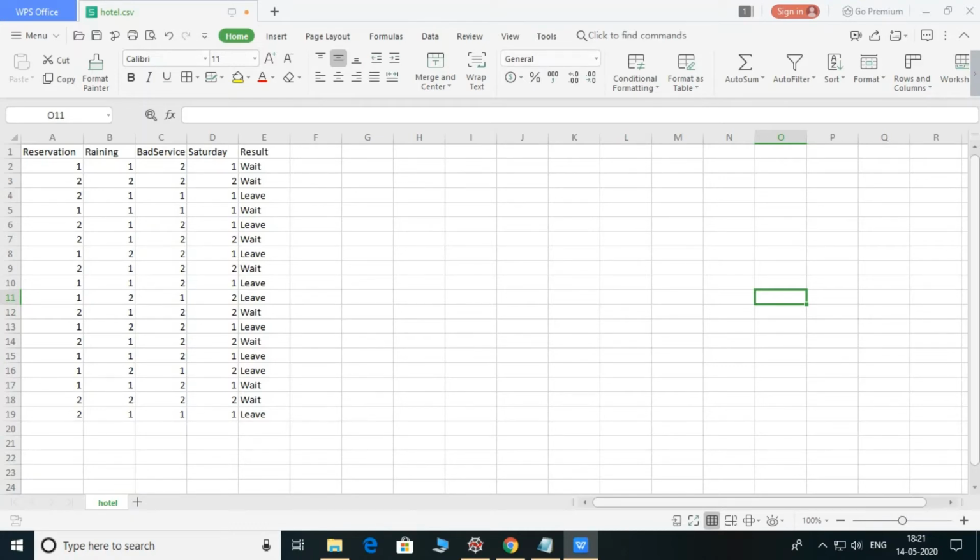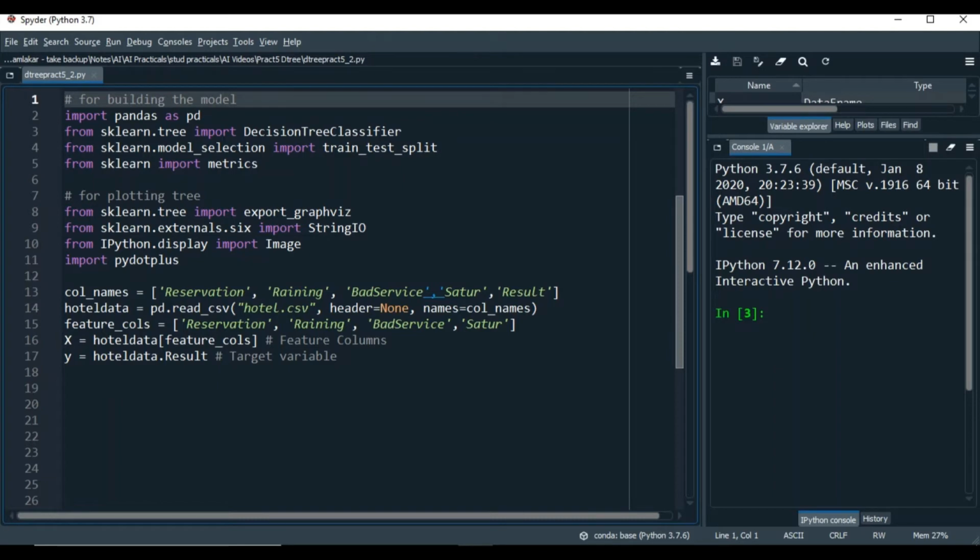The restaurant has sample data of a few customers where some customers waited and some left, which are represented by wait and leave. I'll use this data to build my model. Just note that when I take the data for processing, I'll remove the first row. Now let me start writing the program. Remember that the program file and the CSV file should be kept in the same folder.